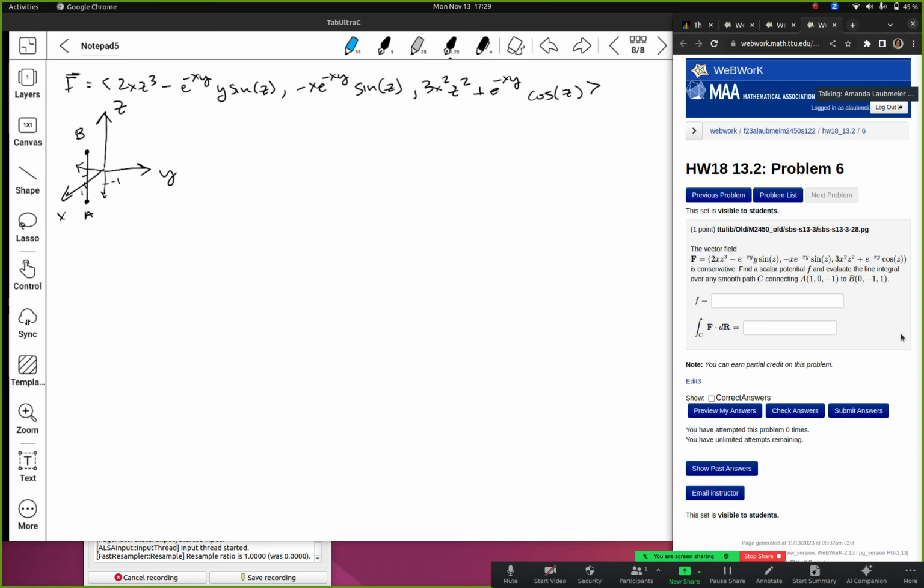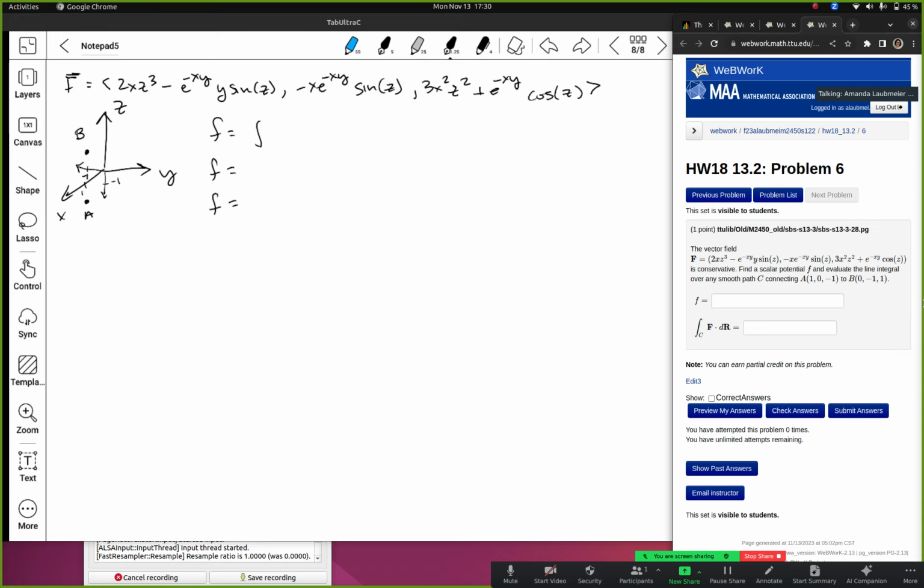That's a lot of extra work, but if you were stuck on an exam and couldn't remember how to find a potential function, and this was a free response question, or I guess if this was multiple choice and I'm not checking your work to see if you did it the way you're supposed to, then you would want to do anything that gets you the answer, and that's parameterization. But to solve this using a potential function,